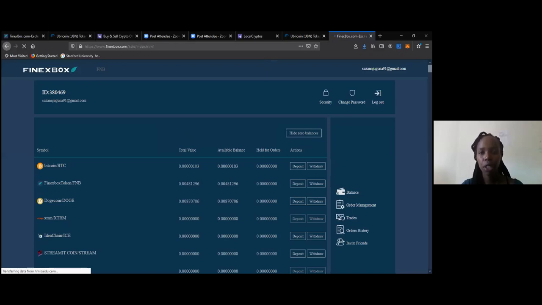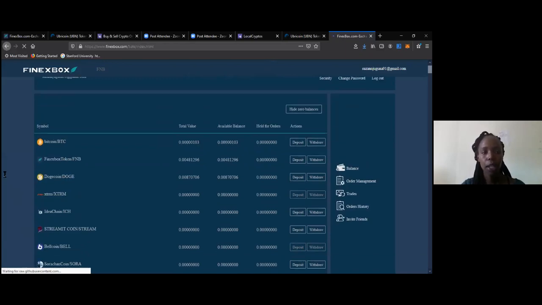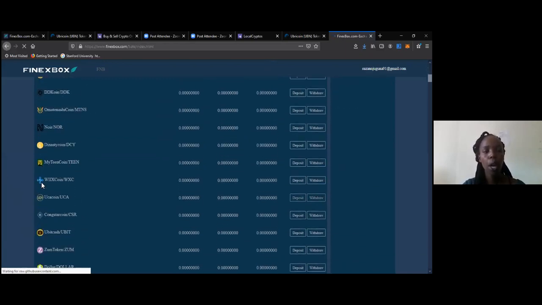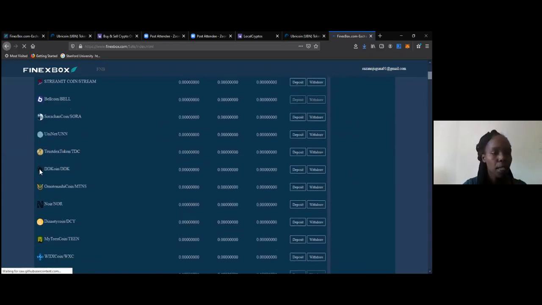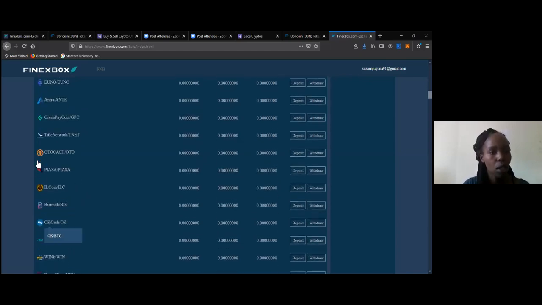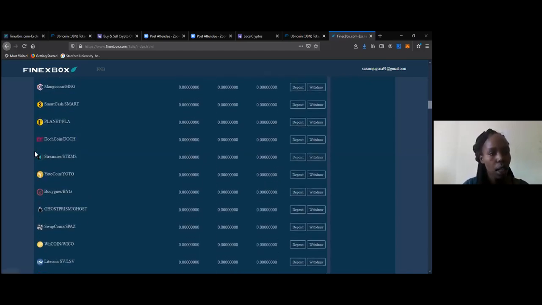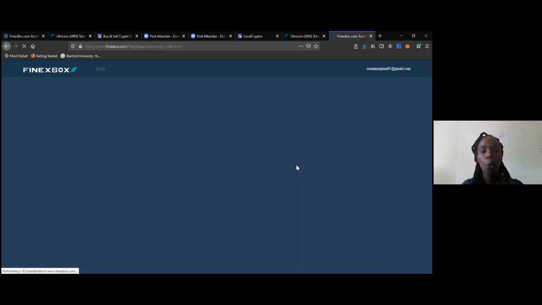And if at all you're new, you won't have any coins in the exchange. So what I would like you to do is to scroll down to where ETH is, because we have just bought some ETH. What you'll need to do that first time is to deposit some ETH in this exchange. So you'll scroll down to see till where Ethereum is. So you can see ETH is here. So you have an option to deposit and withdraw ETH. So to deposit, you're just going to click on deposit, and it's going to take you to a page where you can